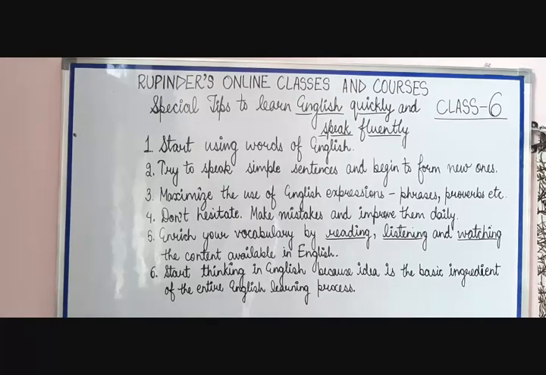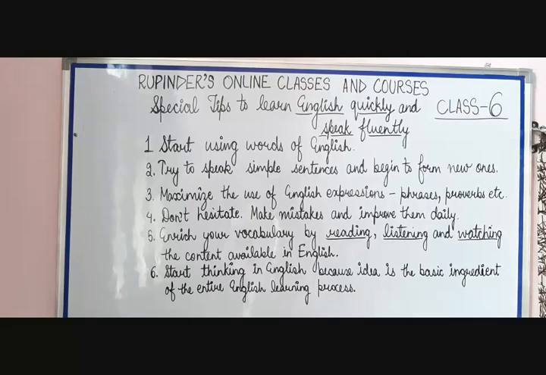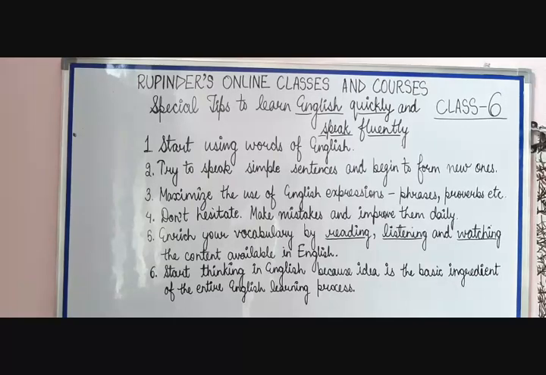So enrich your vocabulary. कैसे करनी है ये? By reading whatever is available. You can read an English newspaper, you can read your favorite books, you can even read the billboards and the hoardings. Yes friends, reading never goes wasted. चाहे आप किसी का बोर्ड ही क्यों नहीं पढ़ रहे हैं, you are going to learn something out of it.